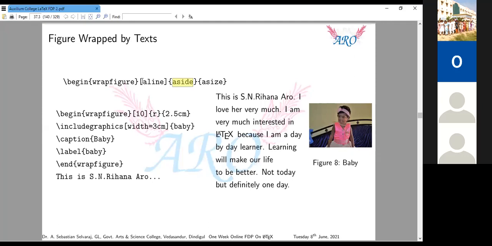Here I am using A line. A line is nothing but the number of lines. Here I am using 10. 10 means this figure appears over 10 lines, in between, center, 10 lines. Just count that number, almost 8 lines are there. If I use 2 lines, the figure appears like that only within 10 lines. Within 10 lines the figure will appear.